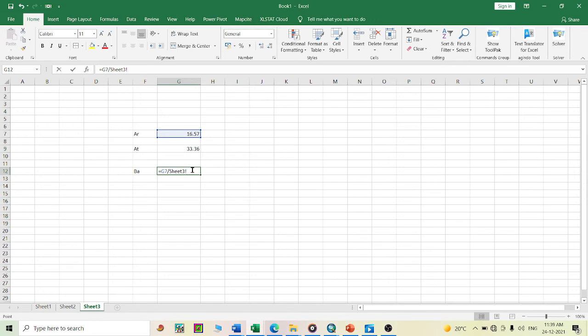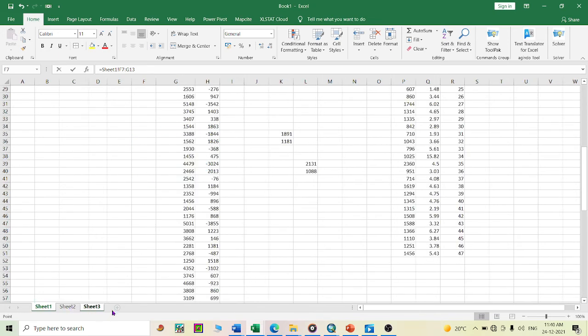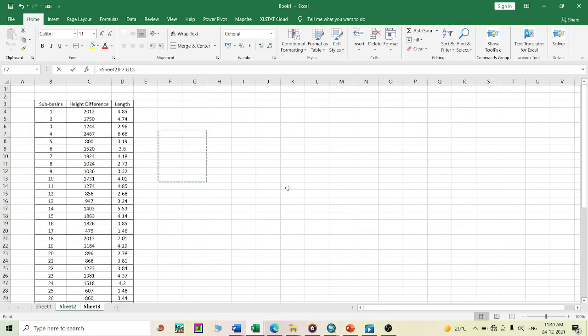And the final task is here, just type equal to AR divided by, sorry, it is something wrong. So I think we need to change the sheet.